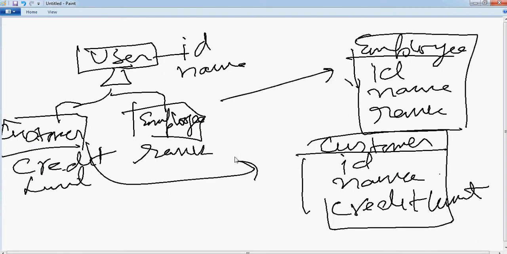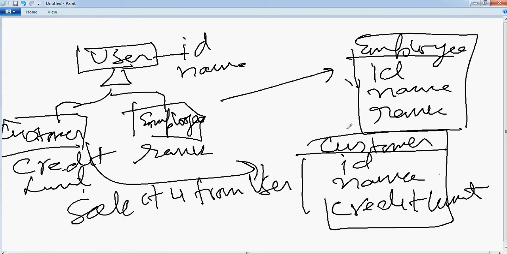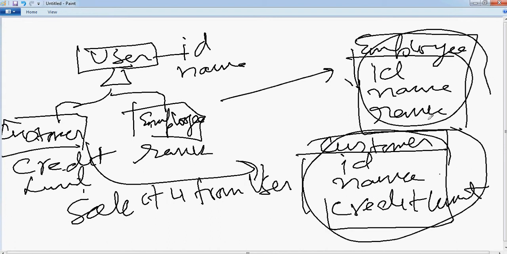And if you have to do queries like, let's say, select u from user, then it has to really do a SQL union kind of thing between this table and collect the data and send it back, or it will have to go for customer, get the data, go for employee, get the data, and then create a collection out of that one. So this is not one of the very popular strategies, but it's there as one of the strategies.